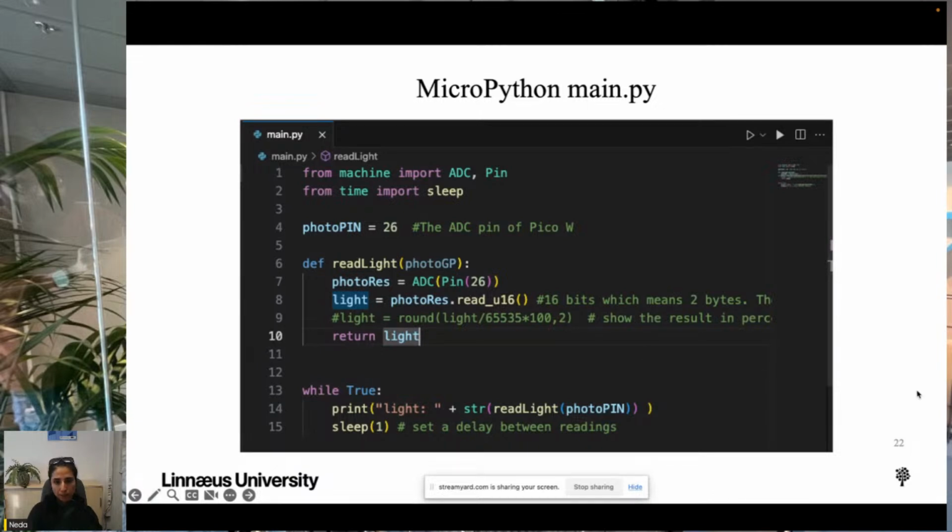And here we read the voltage using photores.read_u16, which returns the voltage as a 16-bit integer value ranging from 0 to